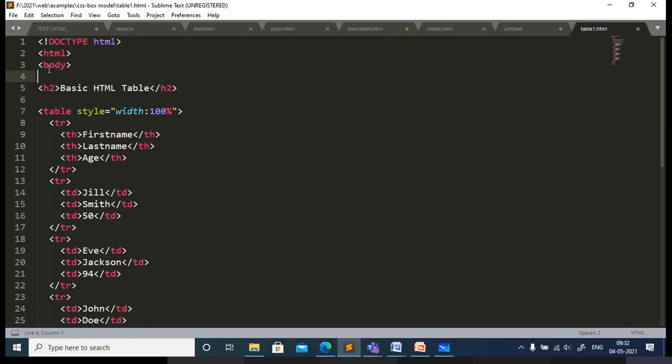This is just a simple HTML file where I've specified the body tag, nothing else, no header part. Here I'm using a heading, followed by a table tag.